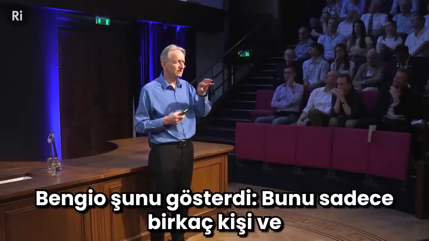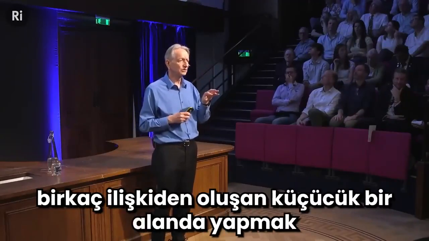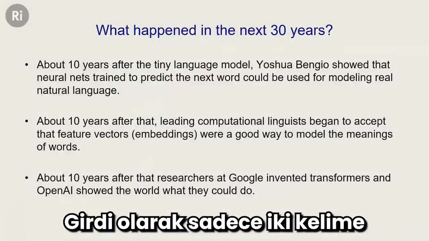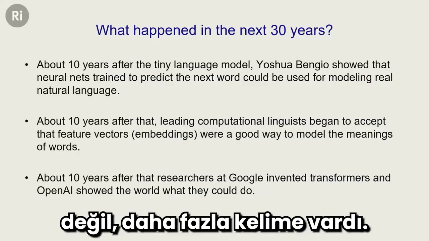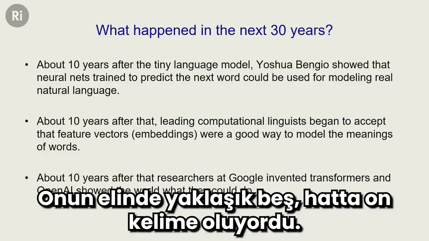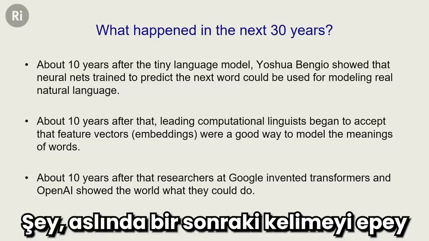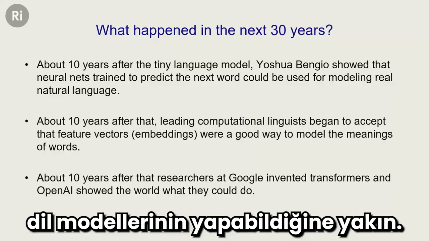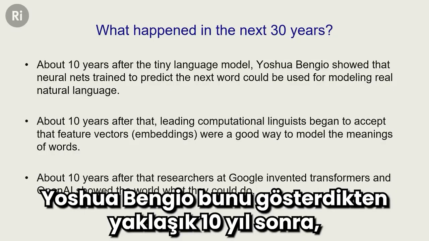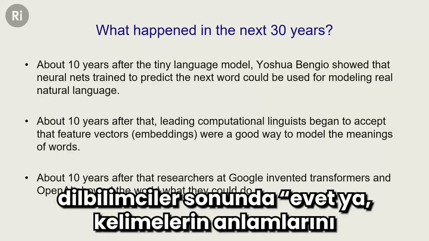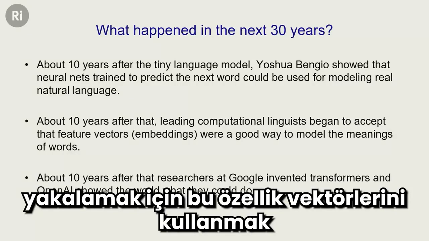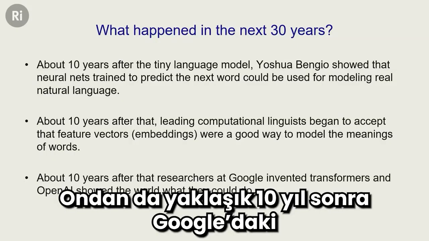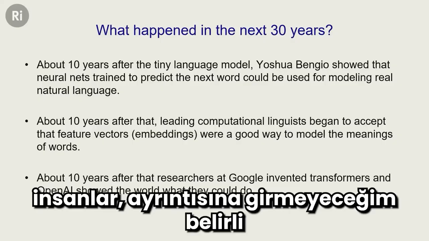So, about 10 years after I'd done that, Yoshua Bengio showed that instead of just doing it on a toy little domain with only a few people and a few relationships, you could actually do it with English words. You could take English sentences, and have more input words, not just 2. He had about 5, even 10. And you could actually predict the next word quite well, about as well as the best language models could. About 10 years after Yoshua Bengio had shown that, the linguists finally decided that actually, hey, having these feature vectors to capture the meanings of words is quite a good idea. And about 10 years after that,